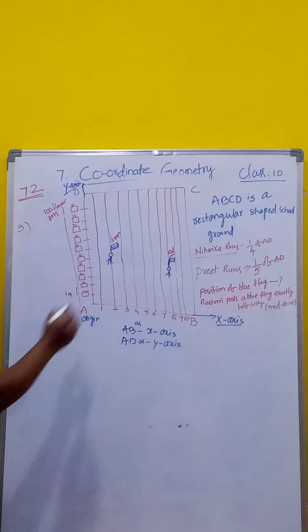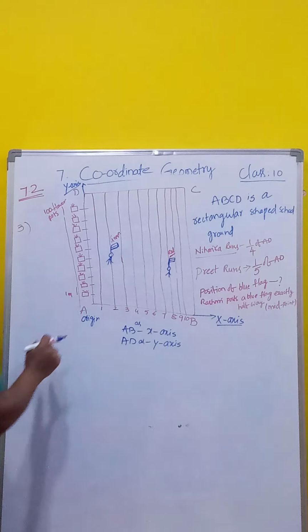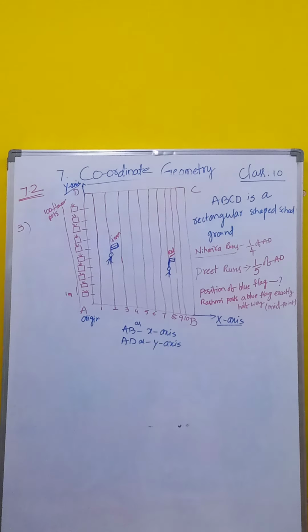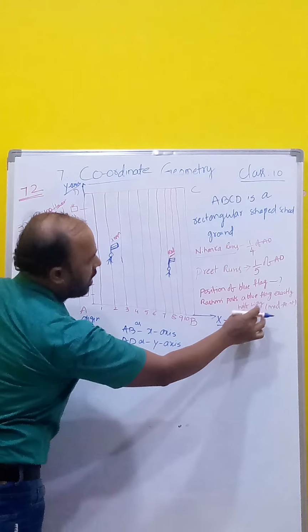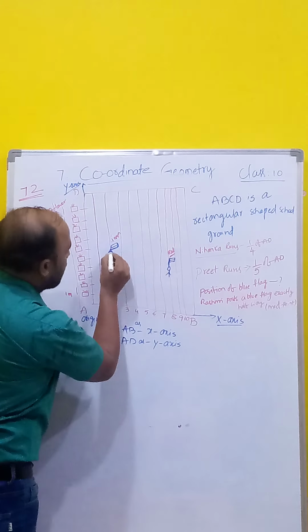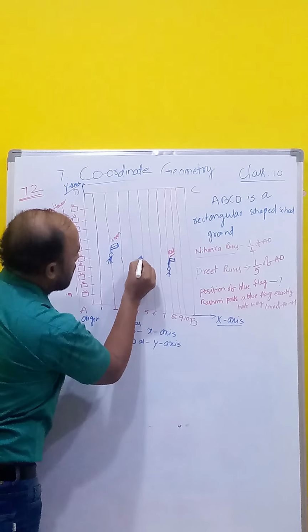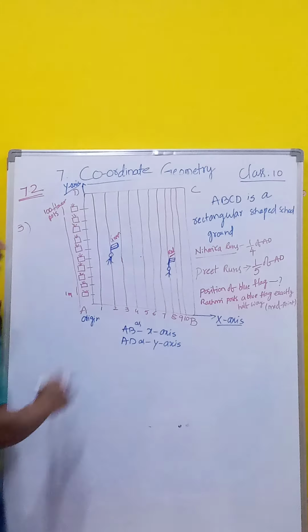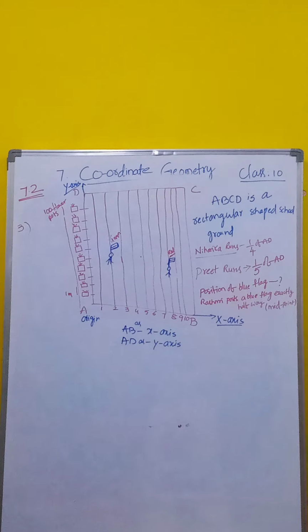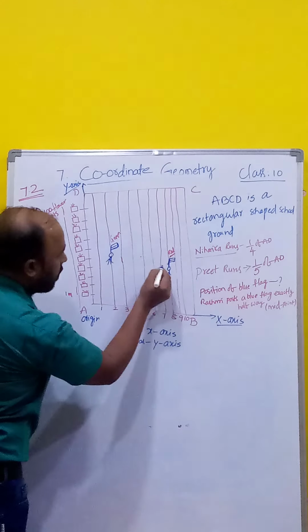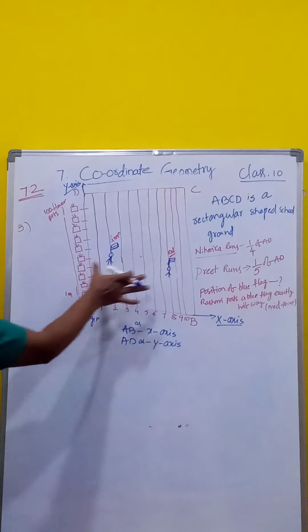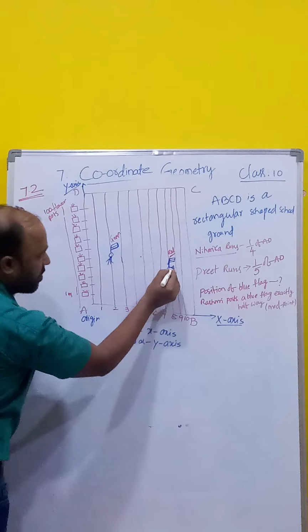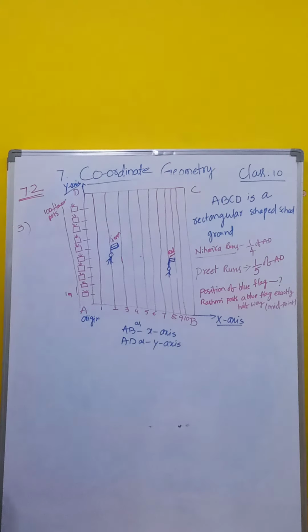The question is given clearly: distance between green and red flag, using the distance formula. And the second question is, Rashmi posts a blue flag exactly halfway, that means between these two. Rashmi posted one flag here, exactly the blue flag. Using the midpoint formula, we have to find the midpoint of these two. First the distance, then the midpoint formula. Two times we have to do.